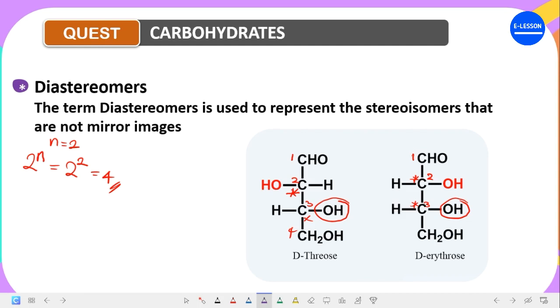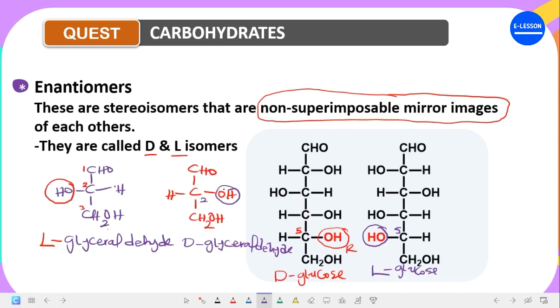Hence, you call them diastereomers. You call them what? Diastereomers. An example of diastereomer is D-triose and D-erythrose. Now, I have something to say here. Look at what we have in enantiomer. Look at something. Once the OH group